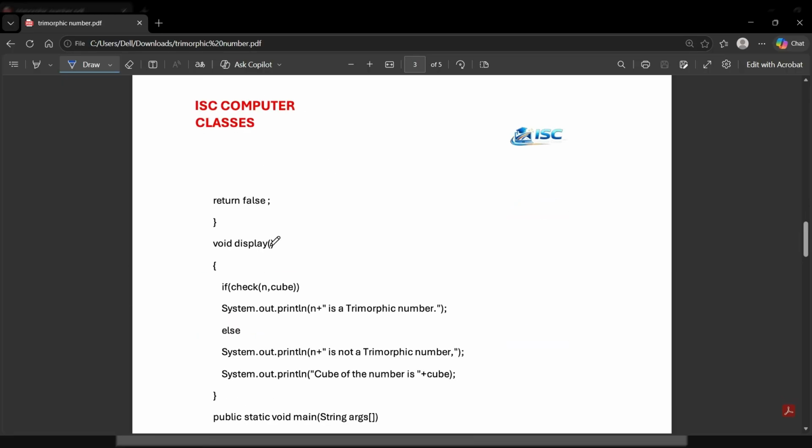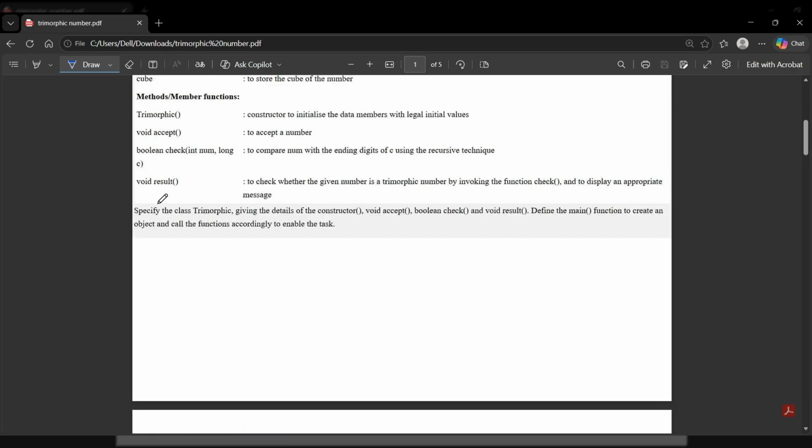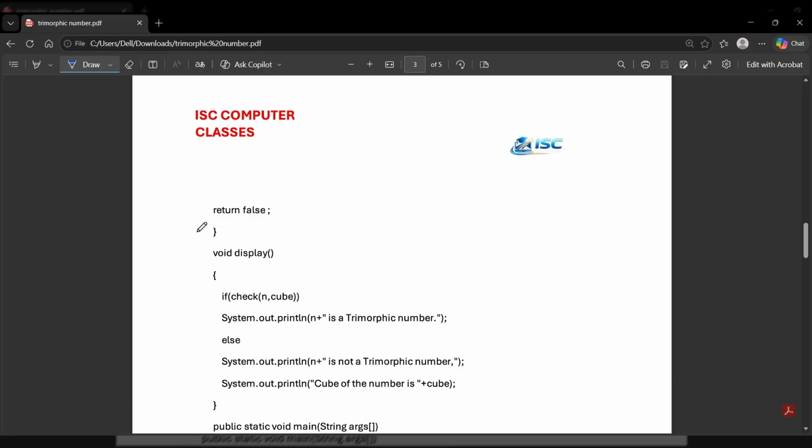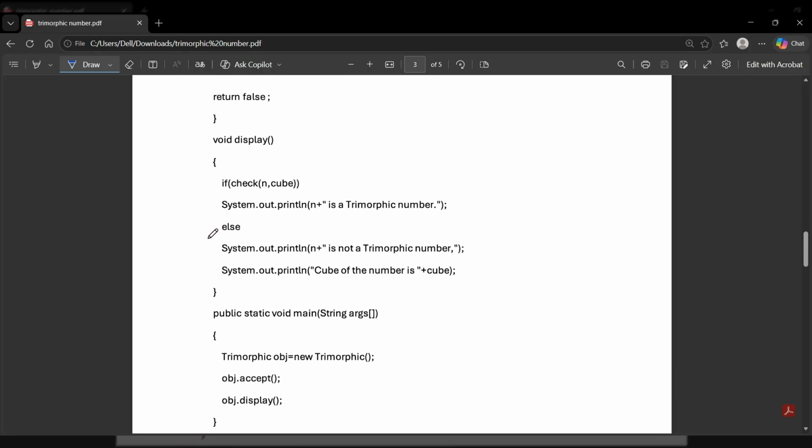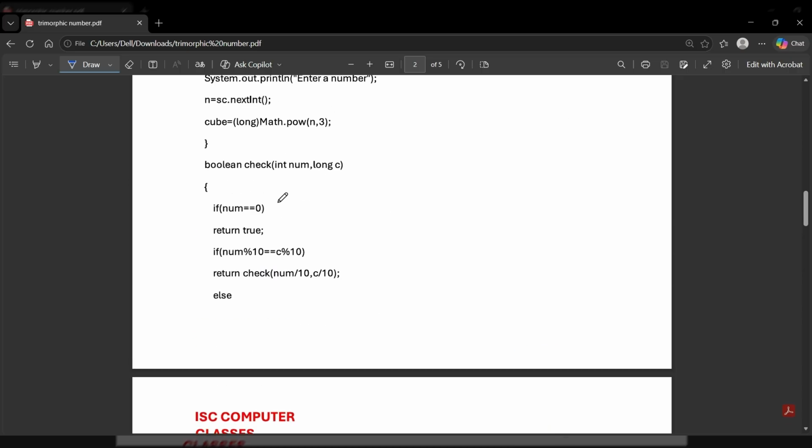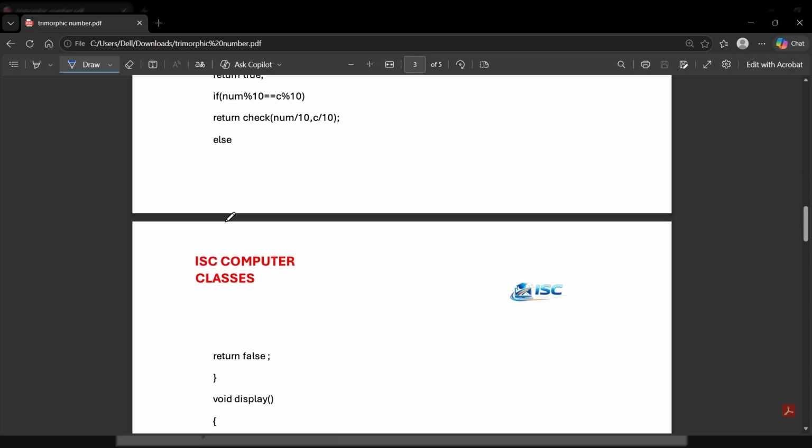Here I had taken display method, but here it is given result. You can use result in place of display, and all the rest things are same. If check(n, q), मतलब हमने जो यहाँ पे इनपुट लिया था यूजर से एक्सेप्ट में, वही हम यहाँ